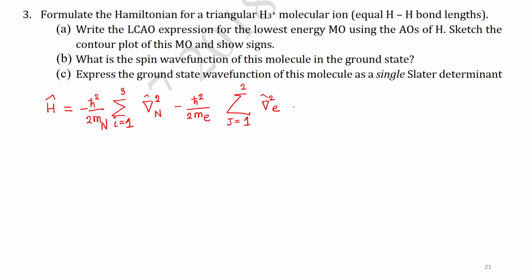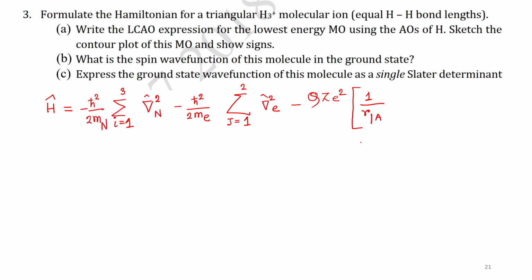As it would be attractive, I'll start with a minus sign, and then I can write Q Z, where Q is 1 by 4 pi epsilon 0, or you can write it as Q Z squared by, now I'll write, 1 by R of the first electron with